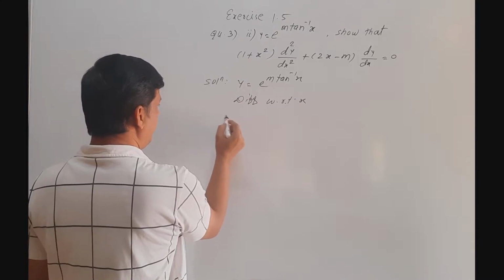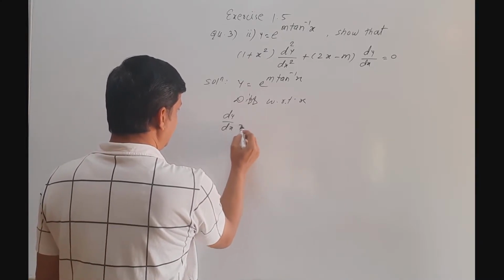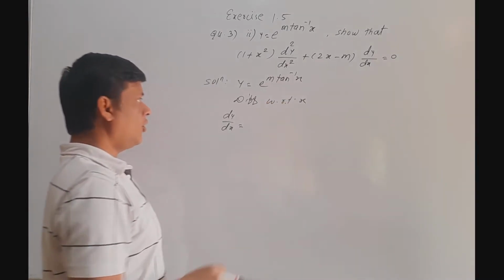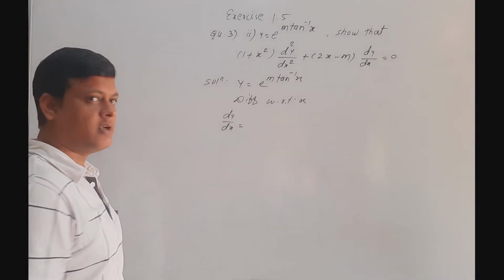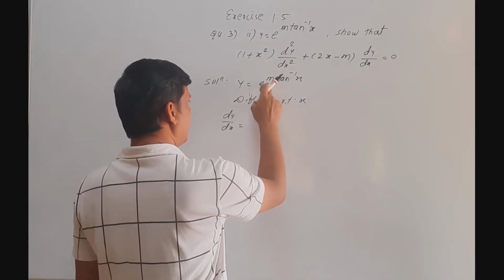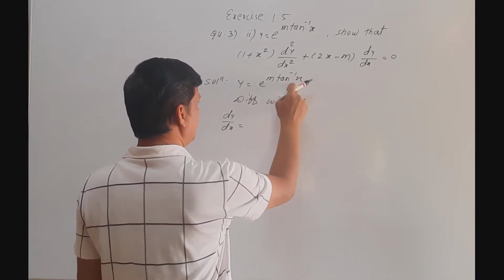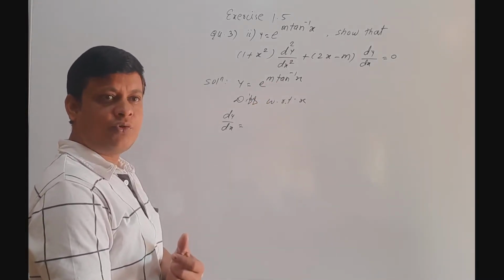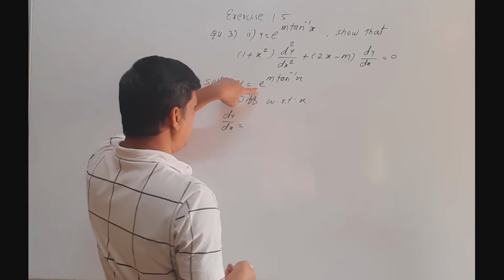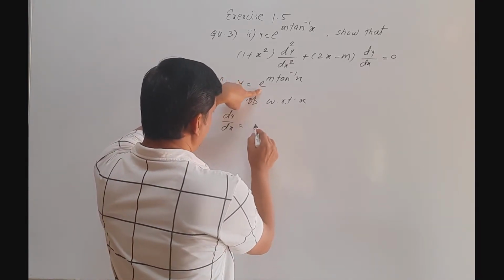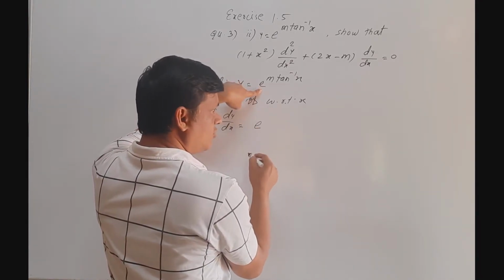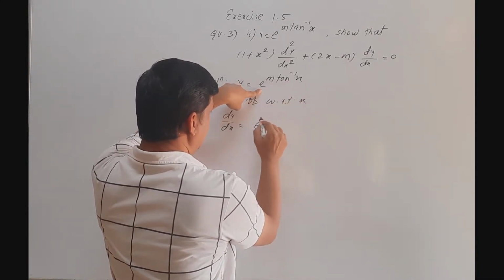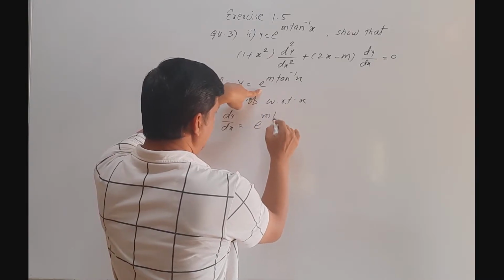Now derivative of y with respect to x, we write dy by dx is equal to, now this is a composite function because we require e raised to the power x, here in place of x the value is m tan inverse x. So we differentiate this function and treat it as a composite function. So first we find the derivative of the exponential. So we get the derivative of e raised to the power x as e raised to the power x. So we write the derivative of e raised to the power m into tan inverse x as e raised to the power m tan inverse x